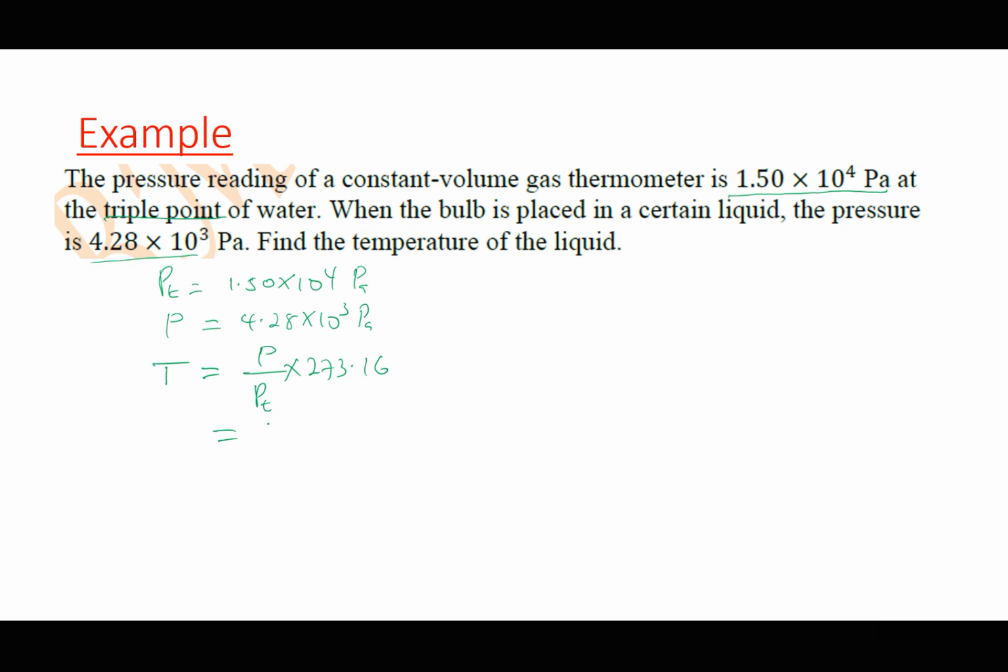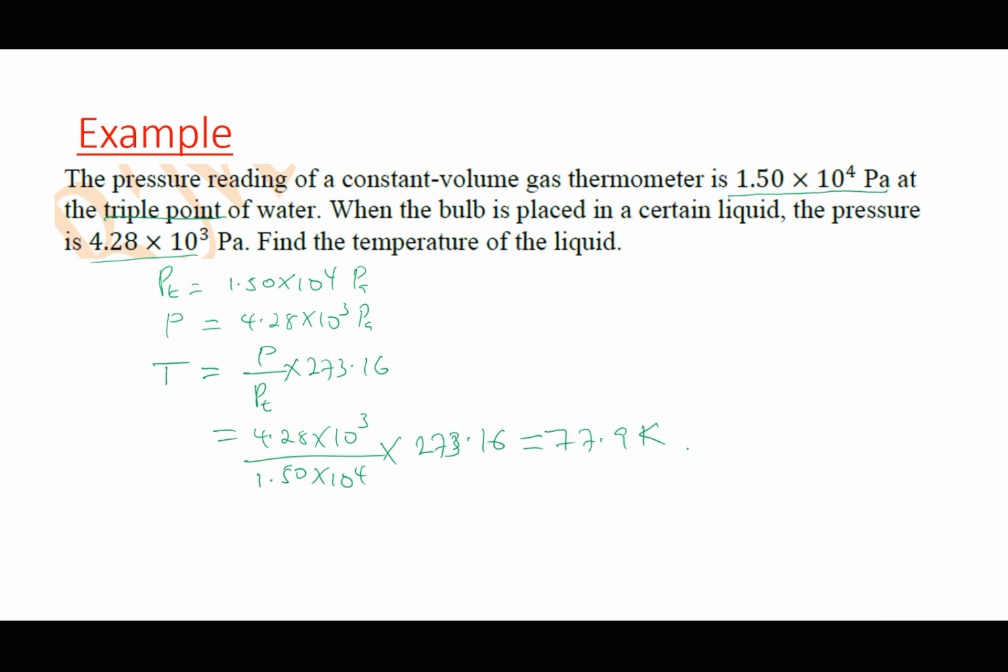So this will be equal to the pressure, which is 4.28 times 10 power 3, divided by the pressure at the triple point, 1.5 times 10 power 4, then times 273.16. Okay, where is my calculator? So we press the calculator here. When I press my calculator, this is giving me a